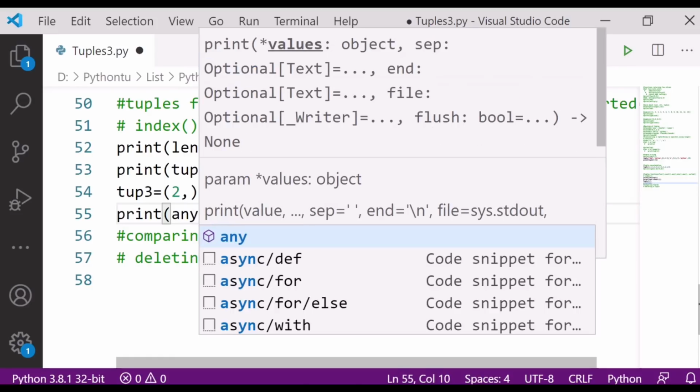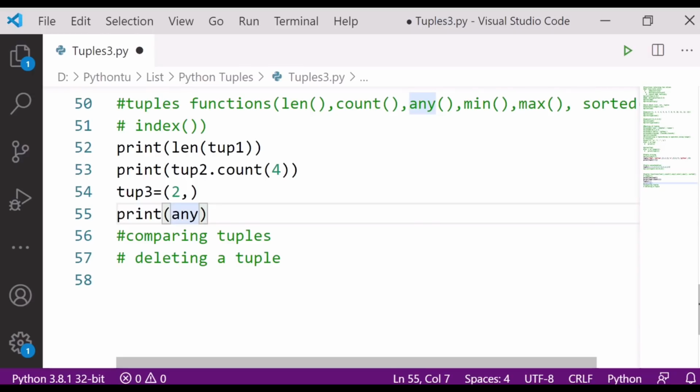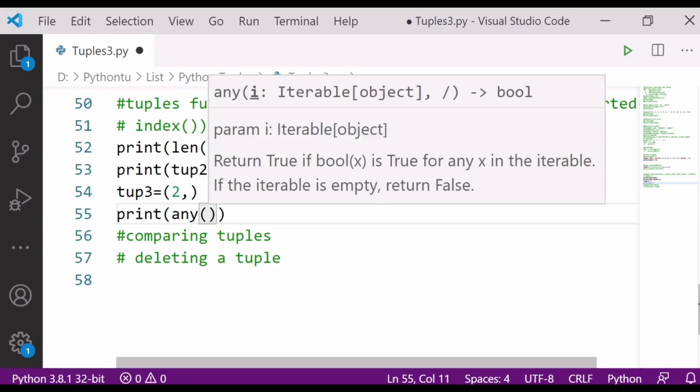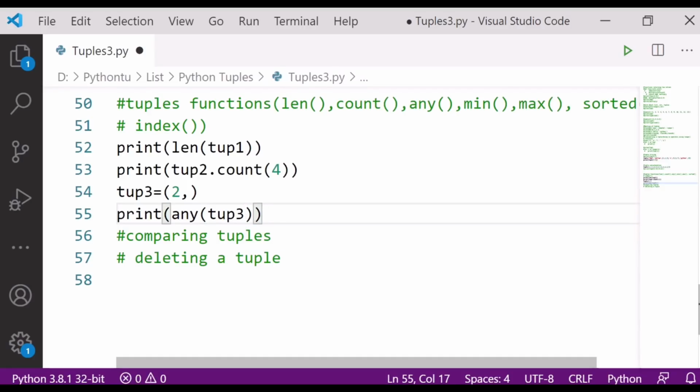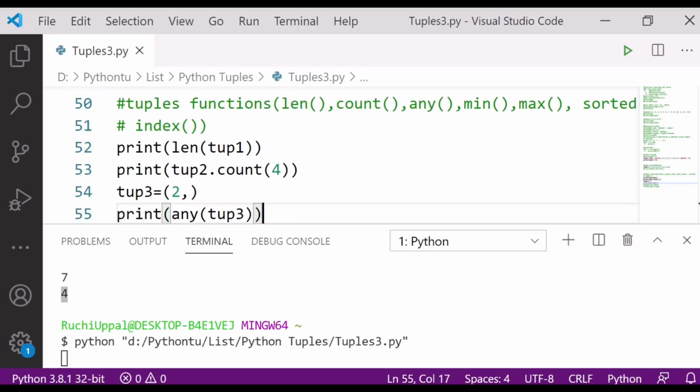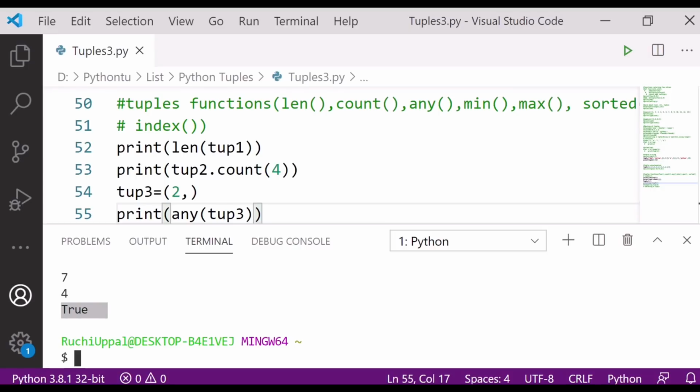any, tuple 3. Fine, done. Okay, so Control S, let's see. It is giving the true value.